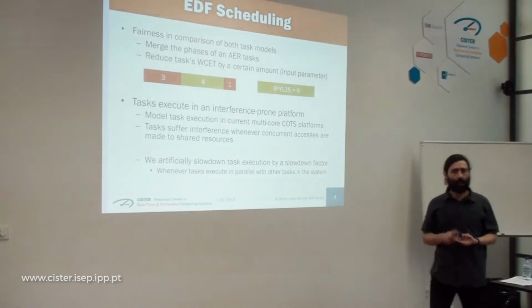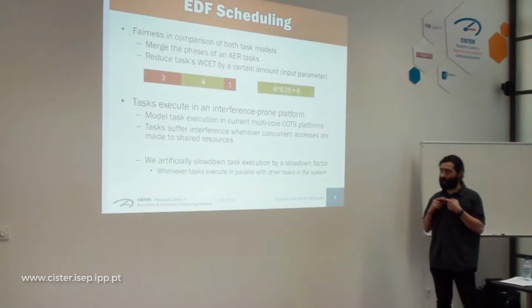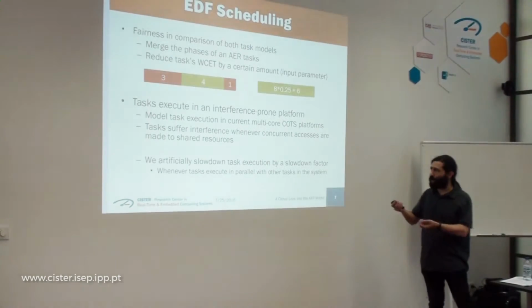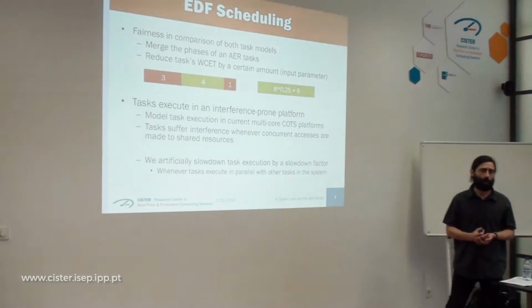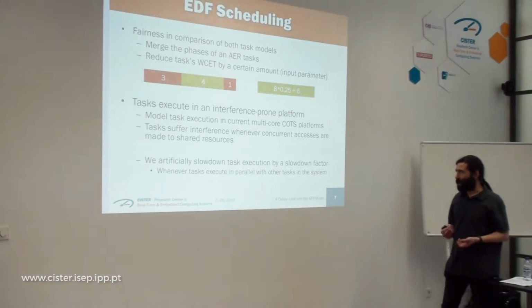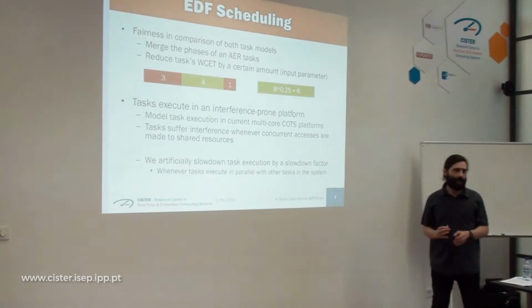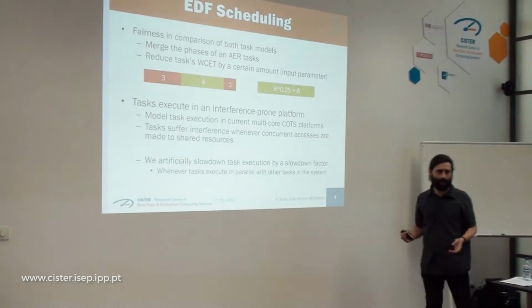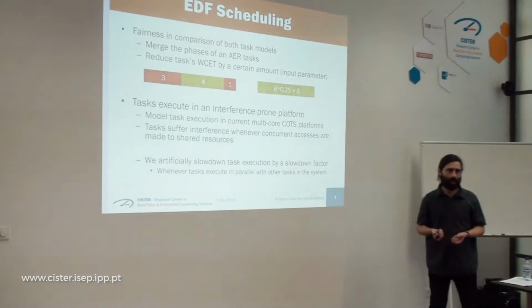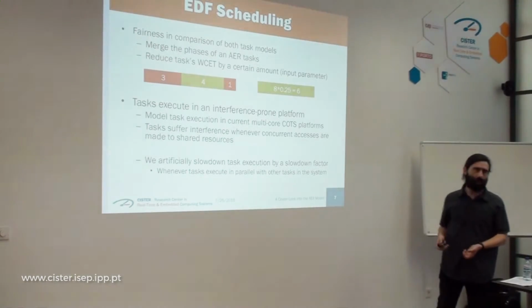Another aspect that we consider when we are dealing with global EDF is that we are assuming tasks execute in a COTS platform, and therefore they suffer interference whenever concurrent accesses exist. As we are modeling it, EDF does not take into account any kind of interference that may exist, so we apply some artificial slowdown to task execution that is dependent on the number of tasks that execute in parallel. This is only applied for global